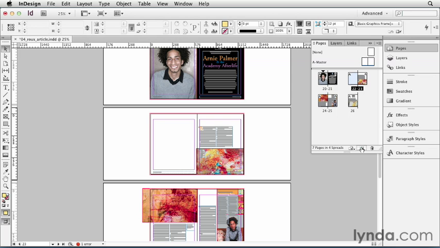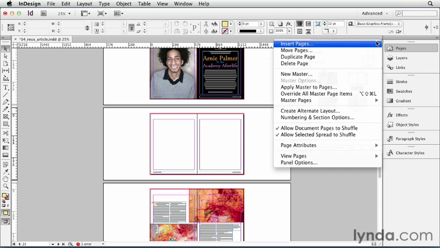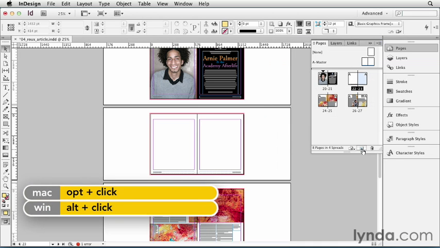So if I add a new page, it'll add a new page after that spread. All the other pages in the document shuffle so that they stay in two-page spreads. Now page 22 is selected, that's the new page that I just added, and I can click again to add a second page on that spread. However, if I knew that I wanted two pages to start with, I probably should have used the Insert Pages feature. I can get that from the Pages panel flyout menu, Insert Pages, or, little shortcut, Option or Alt-click on